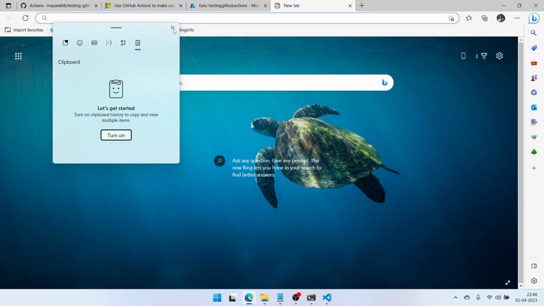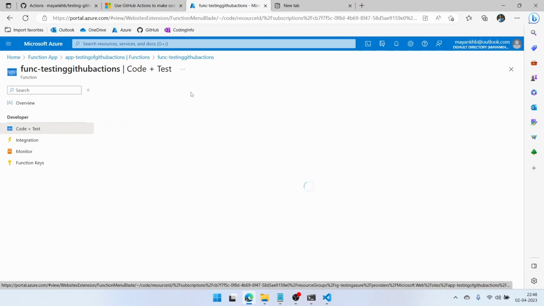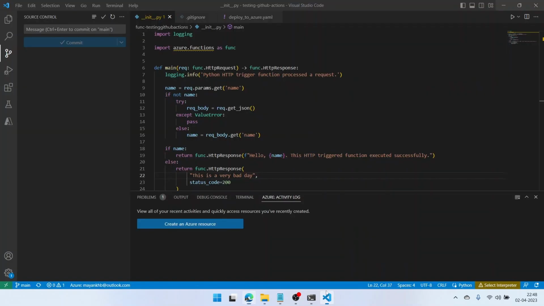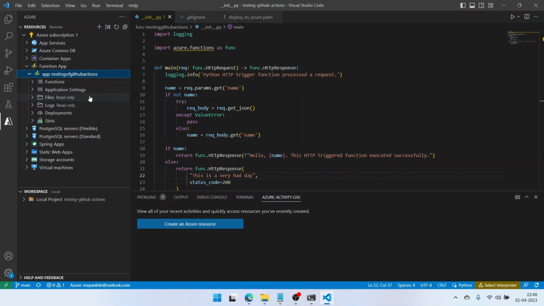Okay, I have not turned on the clipboard history. We will have to come here to get our function URL. Or I can get it from VS Code also, if that is faster. No, that's also not faster. Okay, it is loading. Functions, copy function URL.